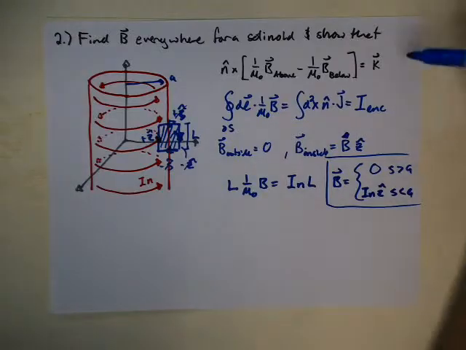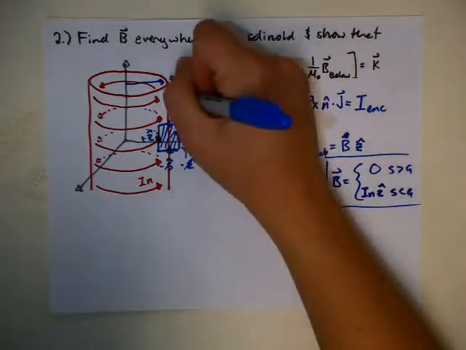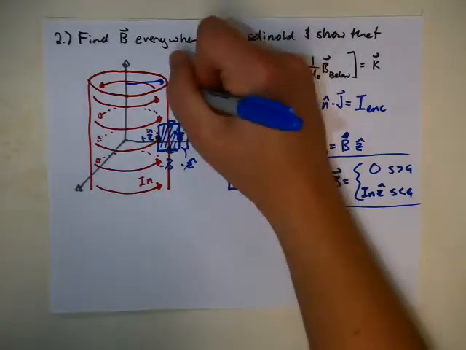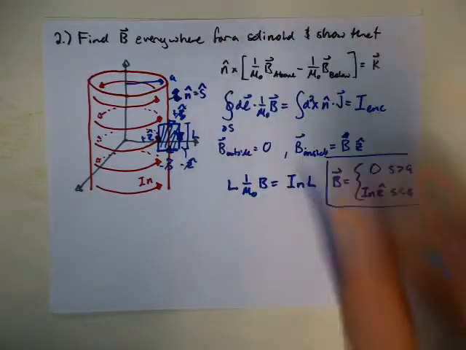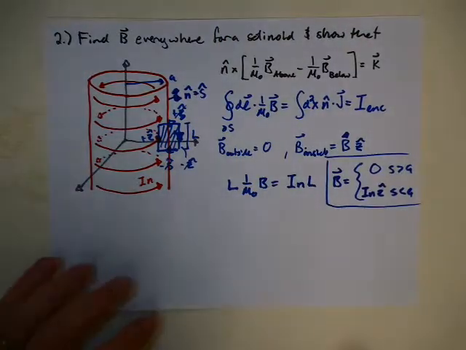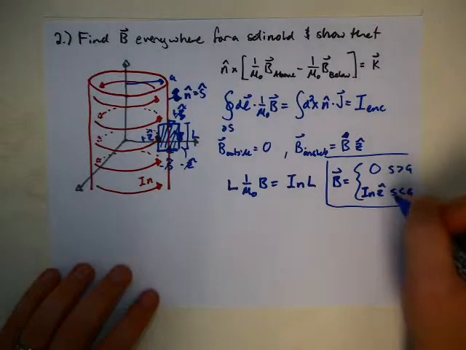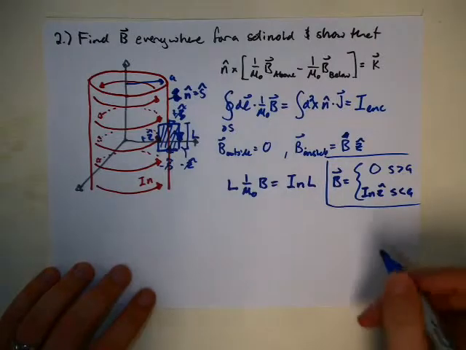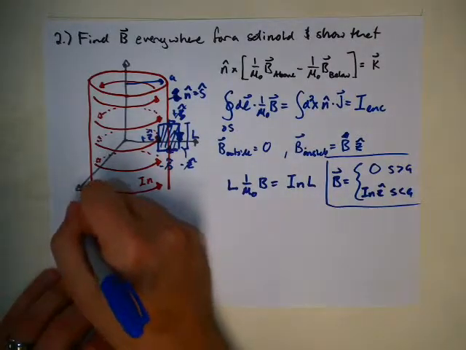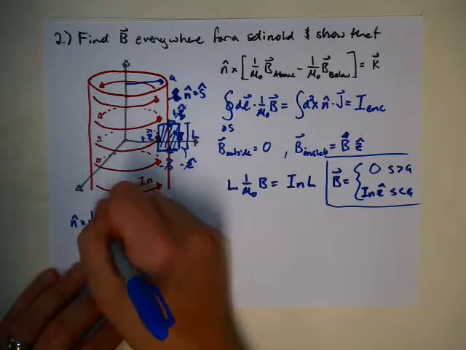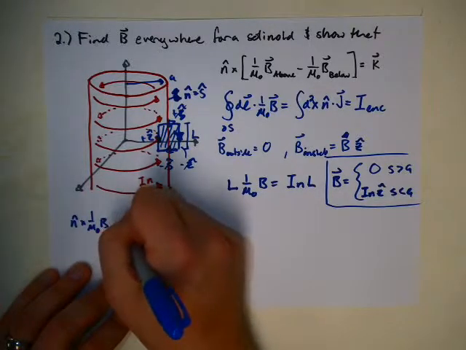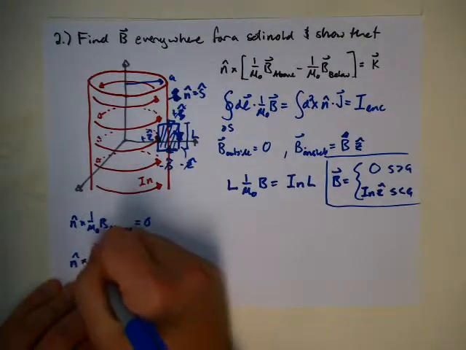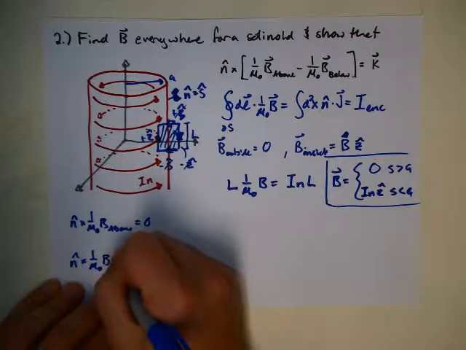The next trick is confirming this. In this case, we know that this n hat, okay, so here's my vector, so the n hat is going to be in the s hat direction, and so I have to evaluate s hat cross z hat. So we're going to say above is of course outside the cylinder, below is inside the cylinder, and so the n hat cross 1 over mu naught B above is of course 0, since it's 0 outside the cylinder. The n hat cross 1 over mu naught B below